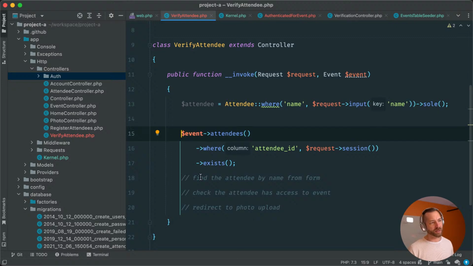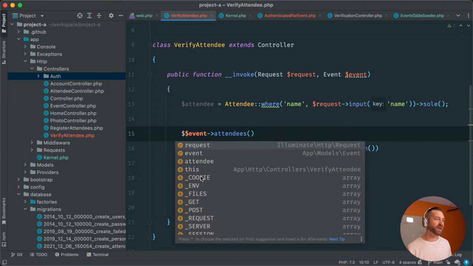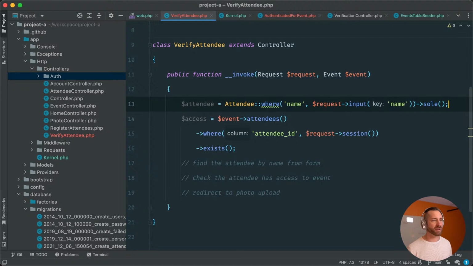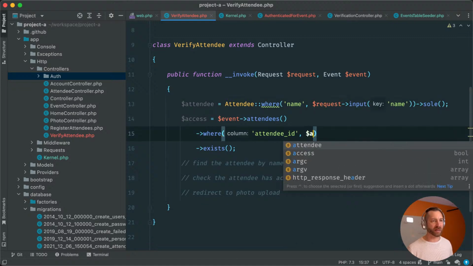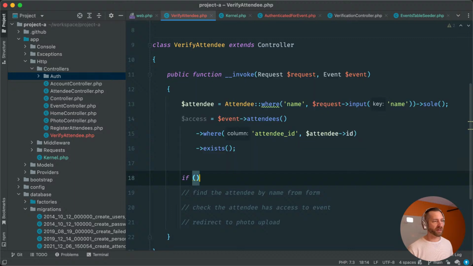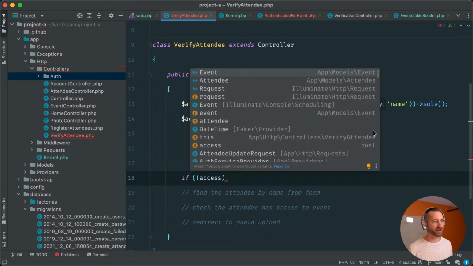I don't really want to wrap this whole thing in an if, so let's see, access equals that. So we got attendee, this becomes attendee ID. So basically if not access, whoops,